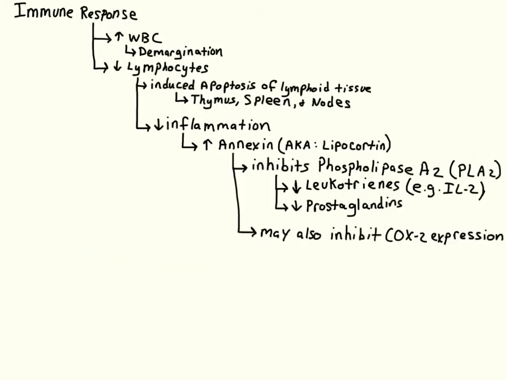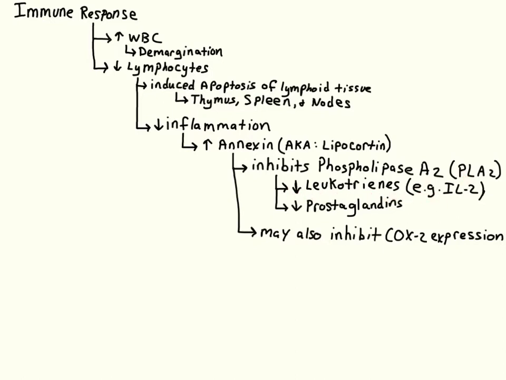Okay, so summary of the immune response is you get an increase in white blood cells due to demargination. That's mostly going to be neutrophils. You get a decrease in lymphocytes. This is a couple of things going on. First, you have induced apoptosis of lymphoid tissue, the thymus, the spleen, and the lymph nodes. Then secondly, with a reduced inflammation due to an increased production of annexin, which is also known as lipocortin. This annexin or lipocortin actually inhibits phospholipase A2 or PLA2, and altogether this can result in a decrease in leukotrienes,